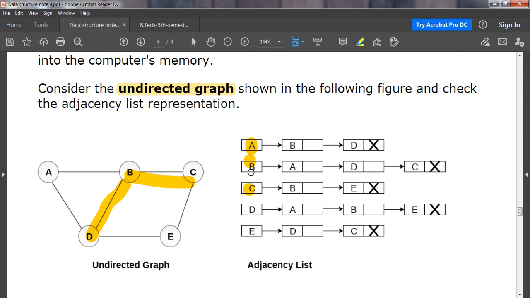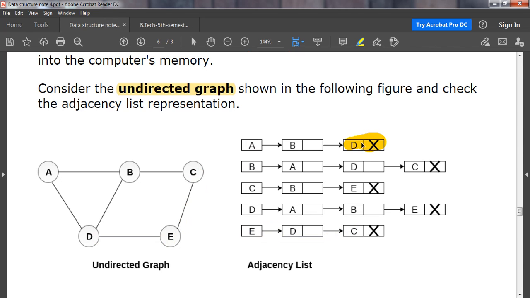So B is connected to A, B, C and D. Similarly, we have E, which is connected to D and C, hence E is connected to D and C. Now in all of the cases, the last linked list node will have a null